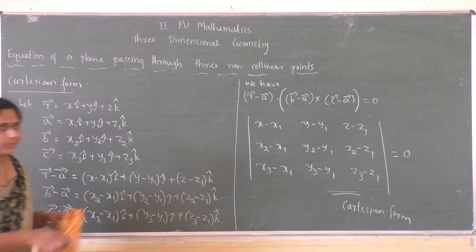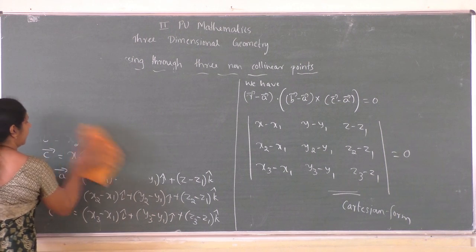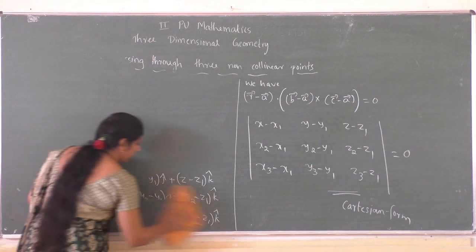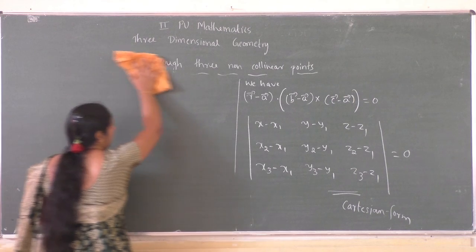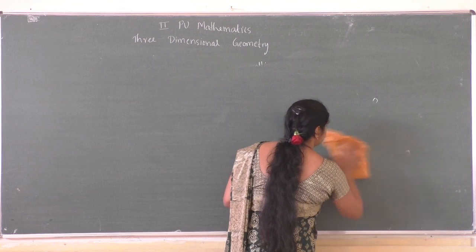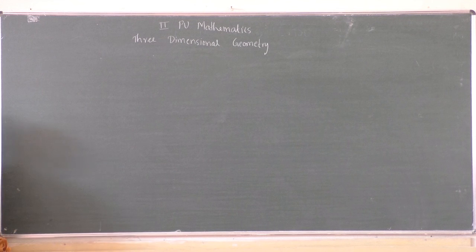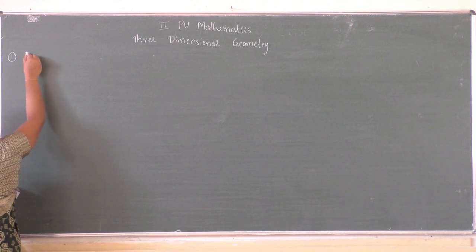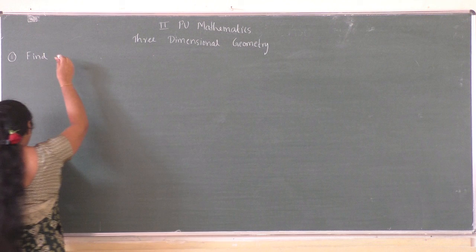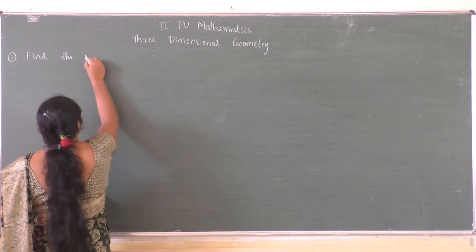So now we will do some problems regarding this. It is also an important derivation. A question may be asked like this: derive an equation of a plane passing through three non-collinear points in both the vector and Cartesian form. First question: find the vector equation of the plane